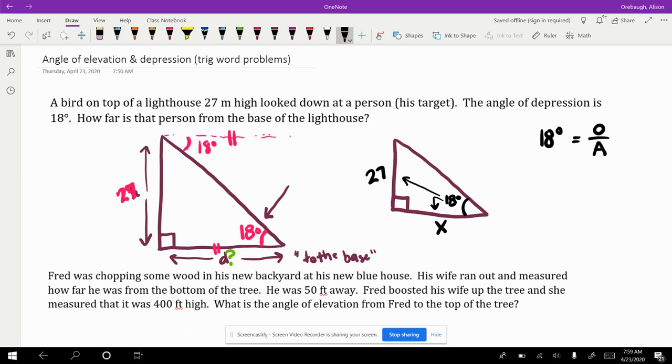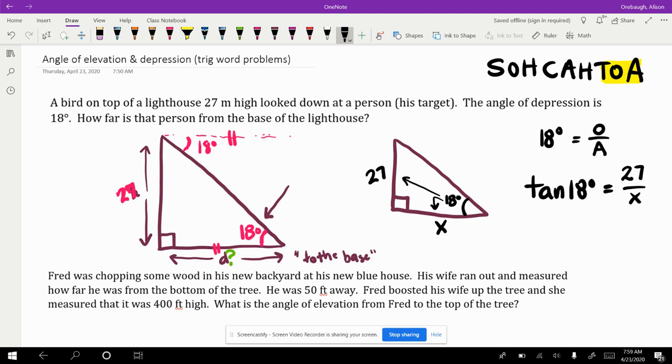So we're going to use O over A. Based on SOHCAHTOA, O over A would be tangent. So if we're setting up our problem, the tangent of the 18 degree angle is O over A,